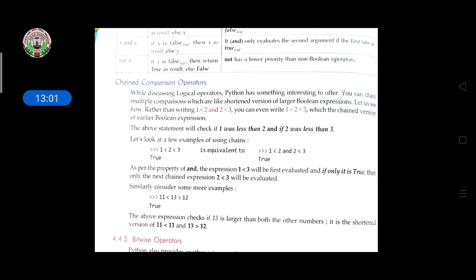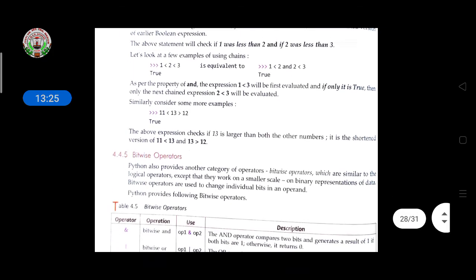How does it look using the chain? You have to write: 1 less than 2 and 2 less than 3 is equivalent to 1 less than 2 less than 3. Like this, if you want to do the comparison, you have to write the chained comparison. Chained comparison is given here, then 1 less than 2 less than 3. Like this, you write this expression and check it.